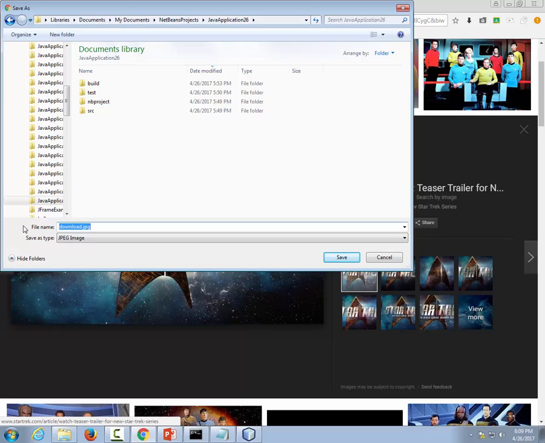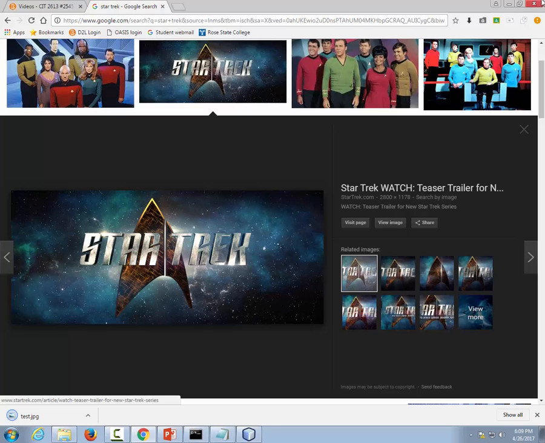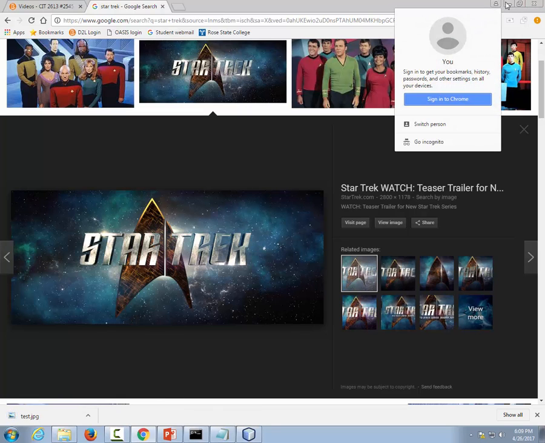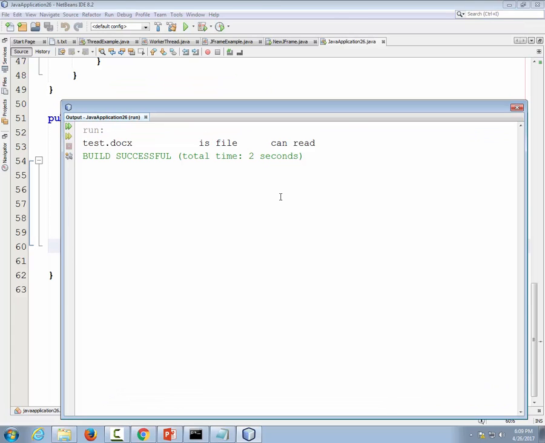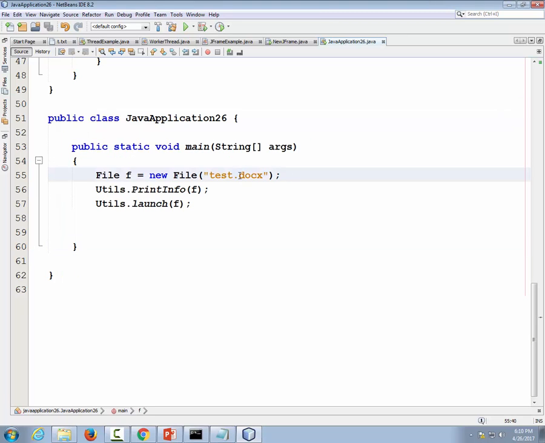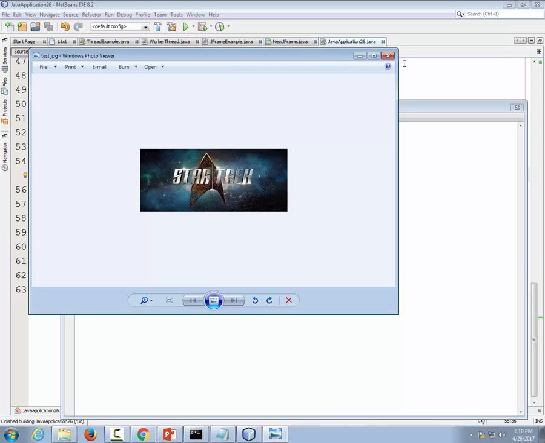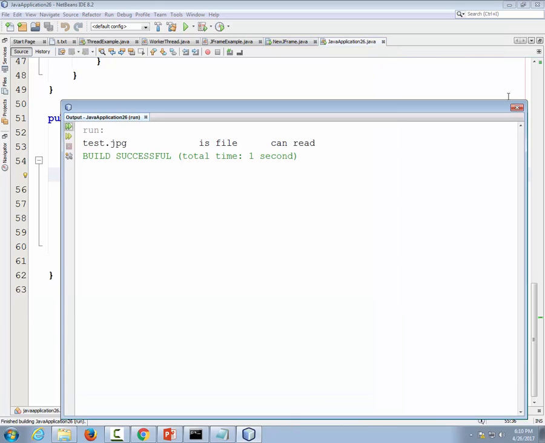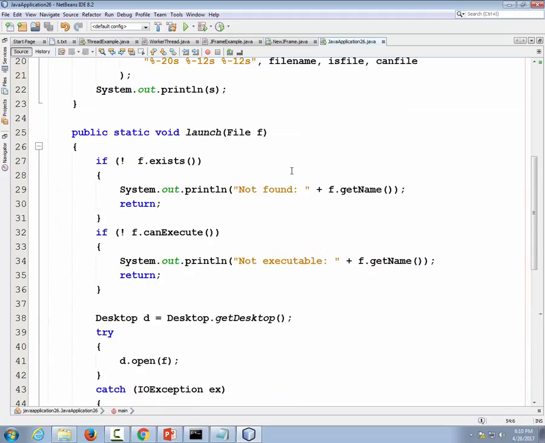I'm going to call it test.jpg. Alright, now I'm going to change that to test.jpg. And it worked. Awesome. So that means that we don't have to implement the alternate way of launching a file